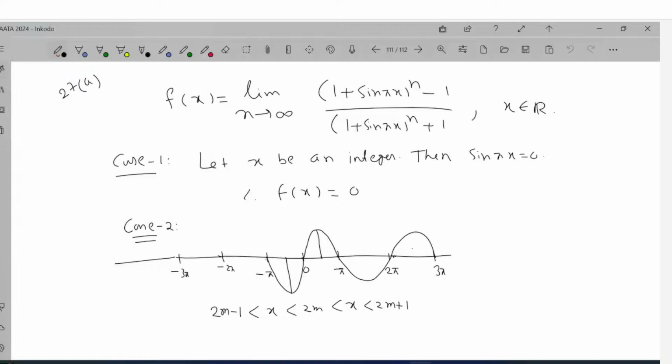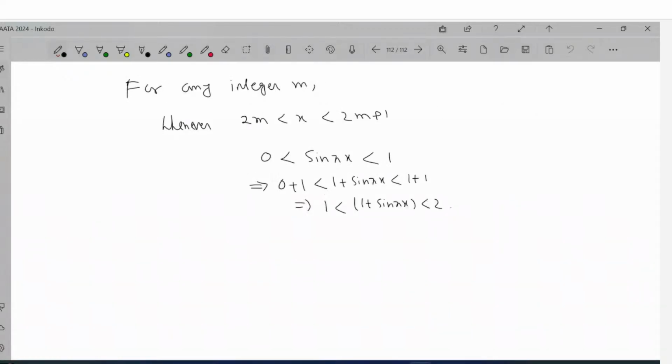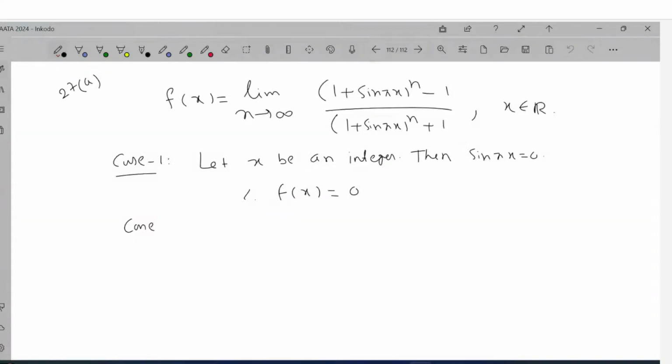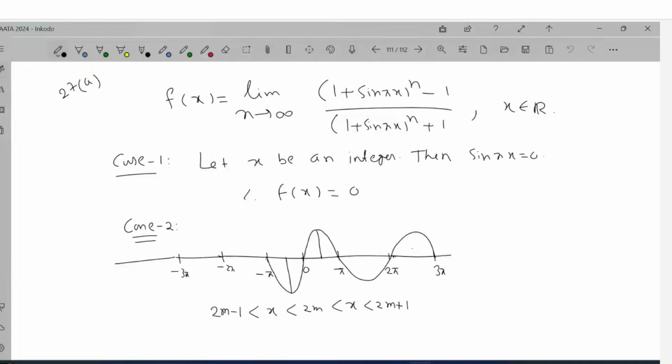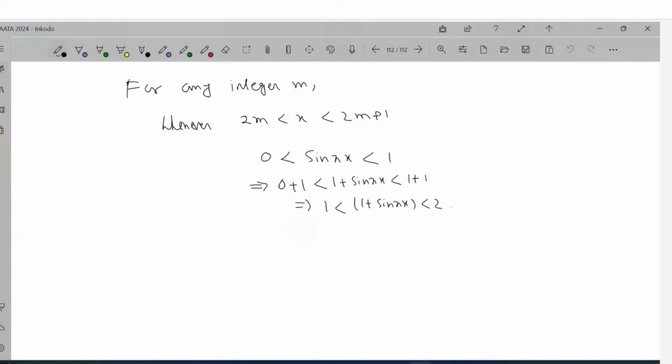When you have something like that, if we increase it as n tends to infinity, what will happen? So now you see that 1 plus sine pi x is greater than 1. So this implies that 1 by 1 plus sine pi x is less than 1. Fine? So therefore f(x), for that x, when x is in between this, your